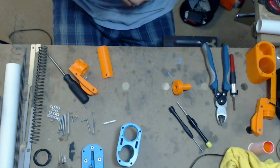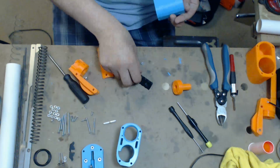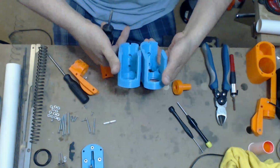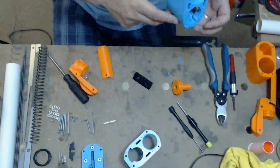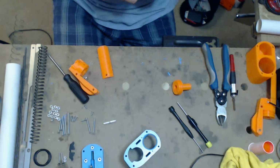I think he said he threaded these in the new design, or you can tap into them. Doesn't seem to be the case. This is the new one, right? Oh wait, no, that is not the new one. This must be the new one. Yeah, the new Spring Thunder, you can actually tap these right into